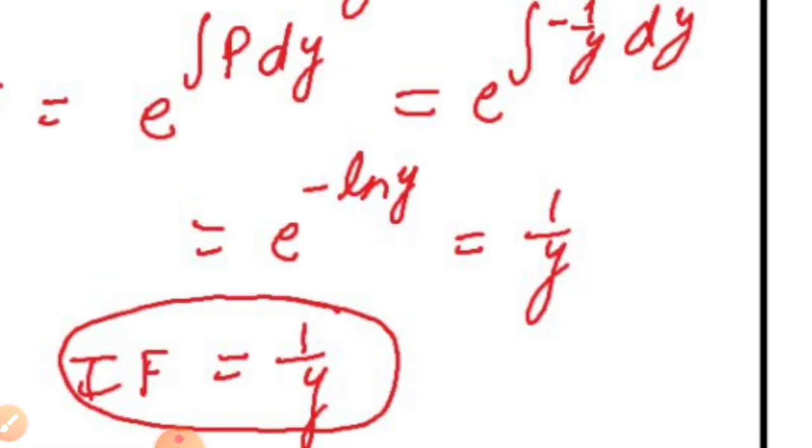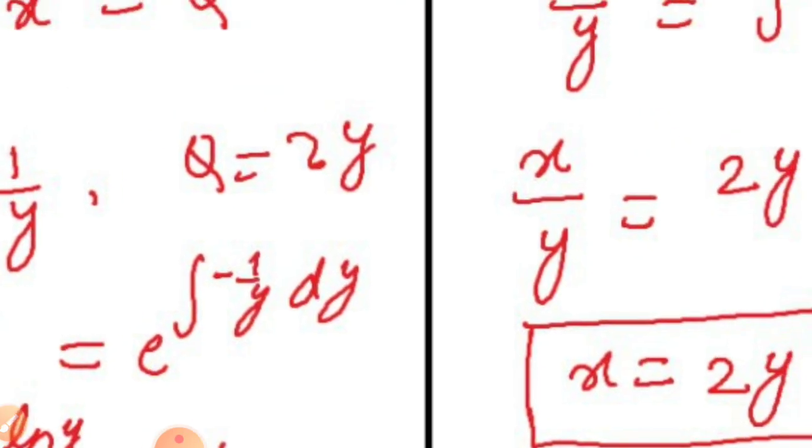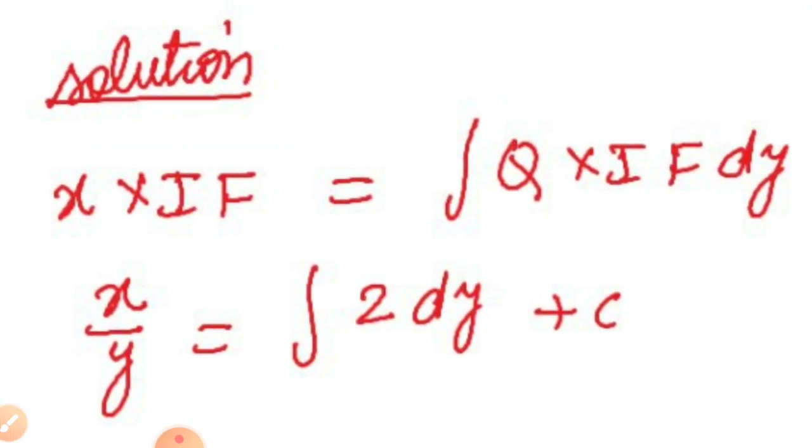So every time we see a linear differential equation, our first step should be to find p and q by comparing it with the standard differential equation. Then using the value of p, we have to find the integrating factor. If these two steps have been completed, then we can proceed further to use this integrating factor to solve our desired result. So now we will use this integrating factor to find the solution.